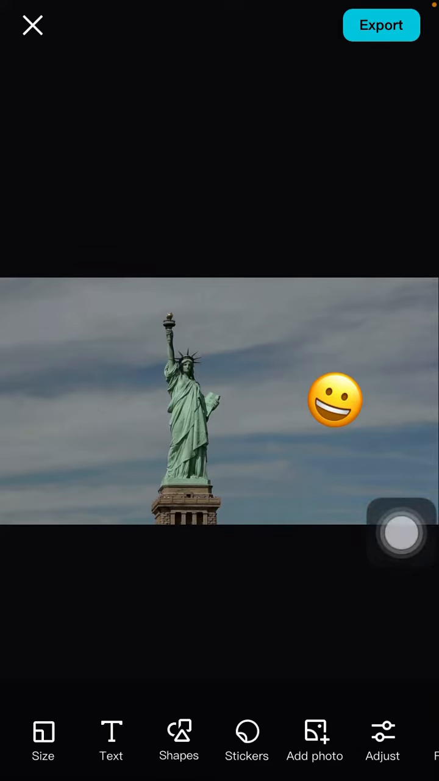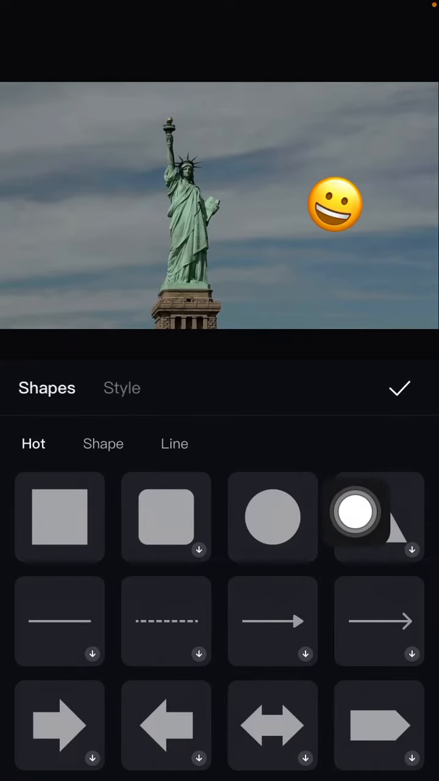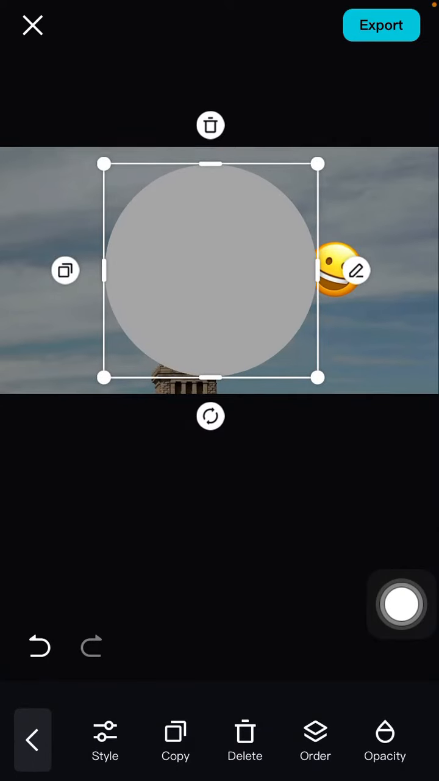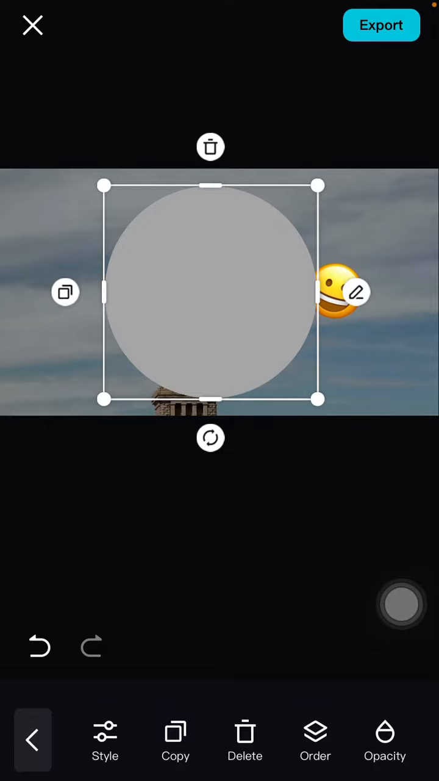So as you can see, in the photo there is an emoji and I'm going to remove it. So how to just cover up the emoji using a shape. Just click shape and select the shape. For example, I'm going to select the circle shape. Just click the check mark and then